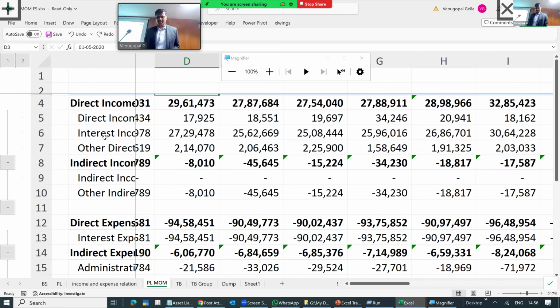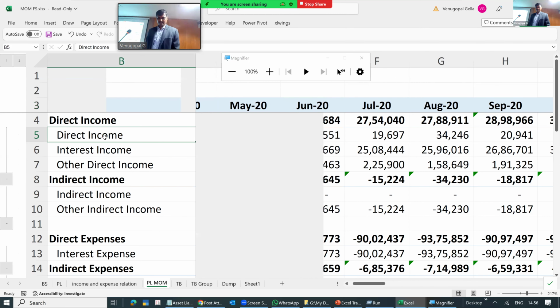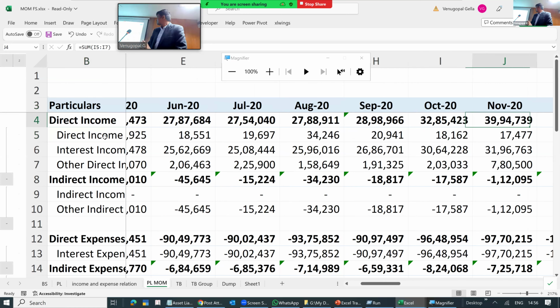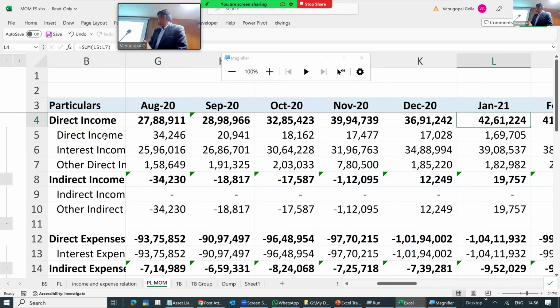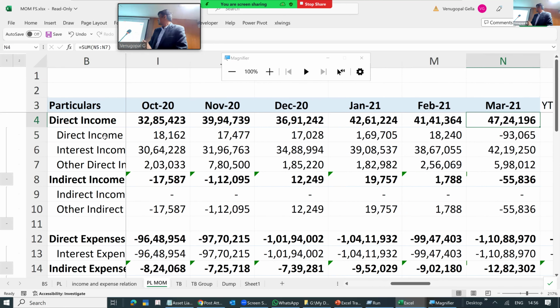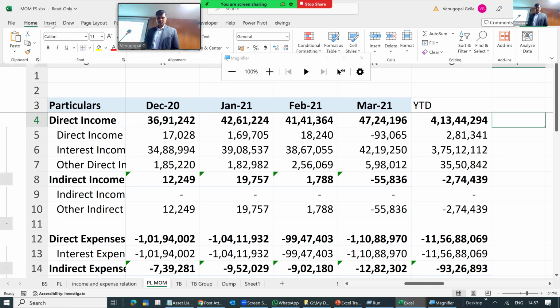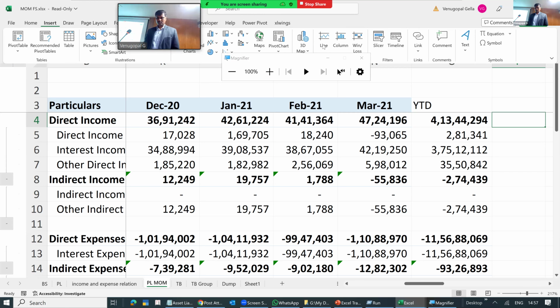Like here, my direct income is 30 lakhs in April, 29 lakhs, 27 lakhs, 27 lakhs. More or less, your trend is looking okay. Suddenly it jumped in Jan, Feb, March. It went really high. You can insert one simple sparkline.